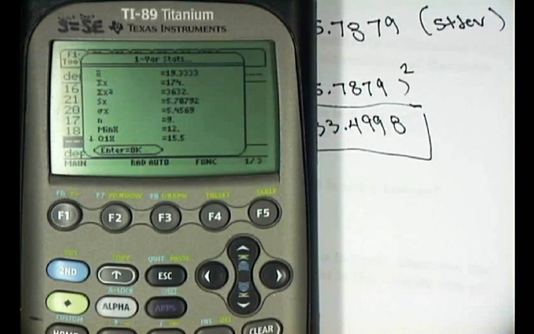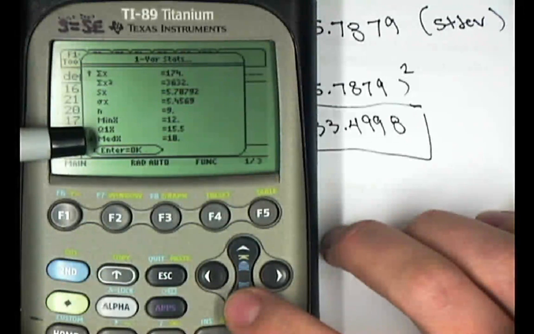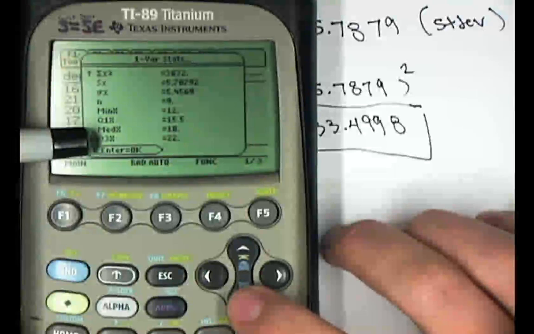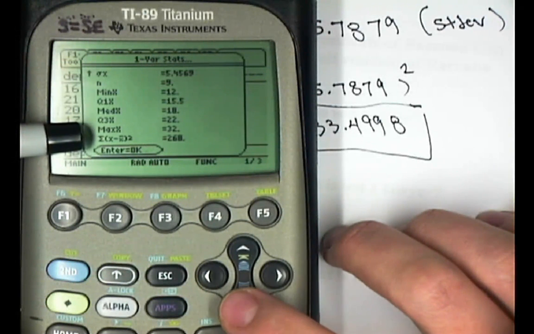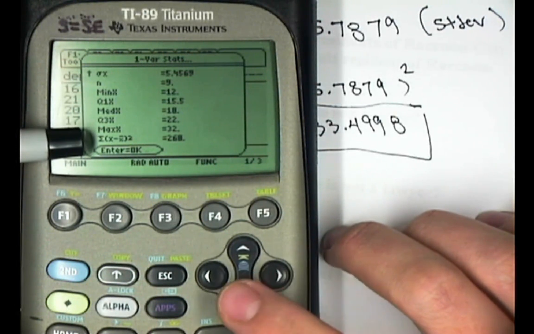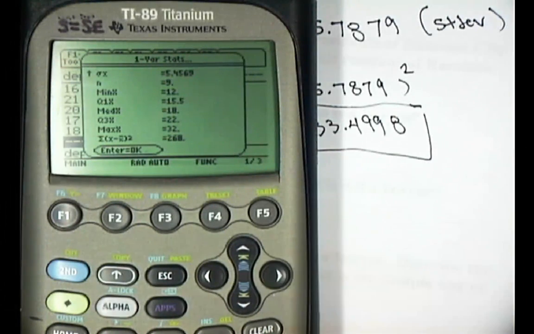It gives you the minimum. Min x means the minimum data point was 12. Q1x means quartile 1. We use that in box and whiskers. Med x, or the median, or quartile 2, was 18. Quartile 3 was 22, and the max was 32. So when you do a box and whisker plot, you got all the information right there. Our calculator, because they are a little bit fancier than those 83 and 84s, gives you some other really cool information that you can use for formulas,